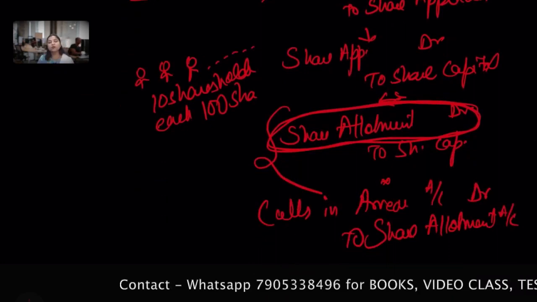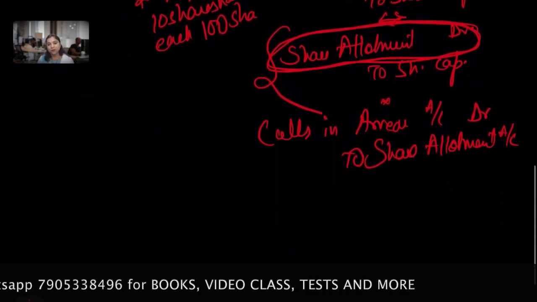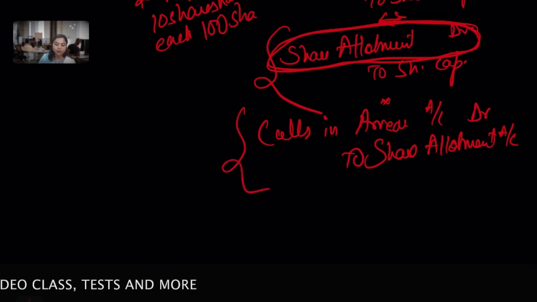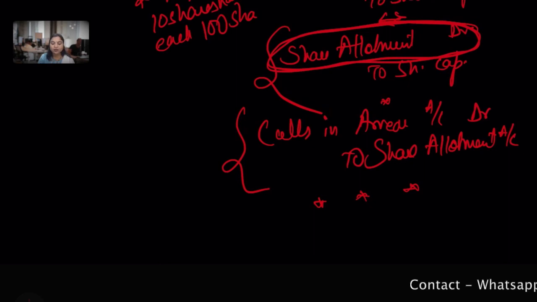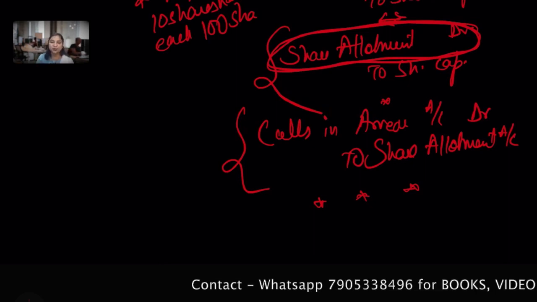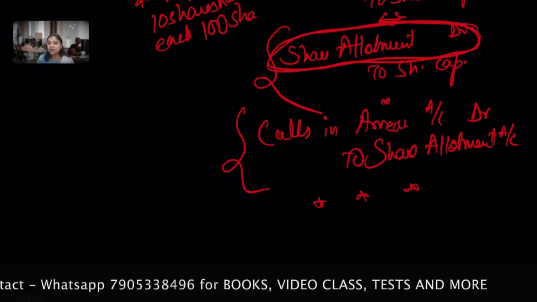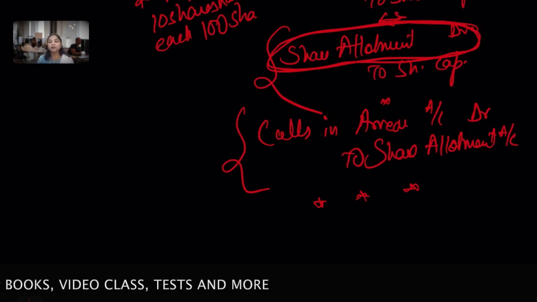So the amount should be the failed amount, the default amount. Okay, the default amount. Clear? I hope this journal entry is clear. I don't know what you have learned in your childhood, that means your 11th, 12th or graduation, but here I want you to understand the things, and if there is a doubt, make it clear.